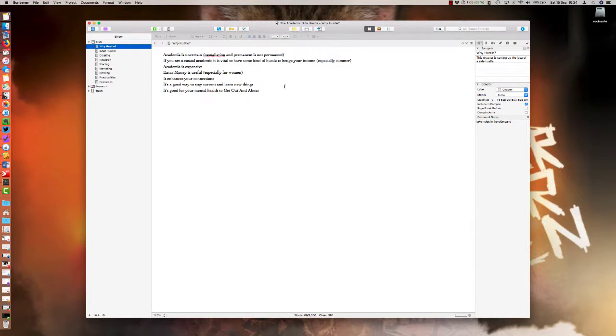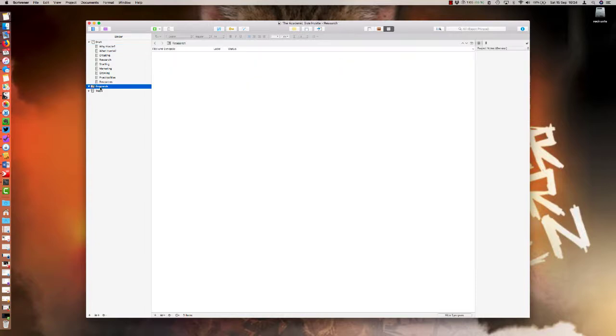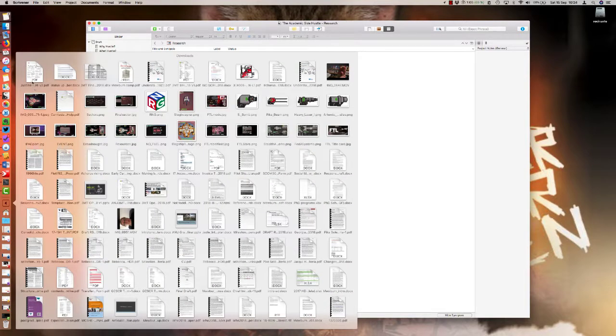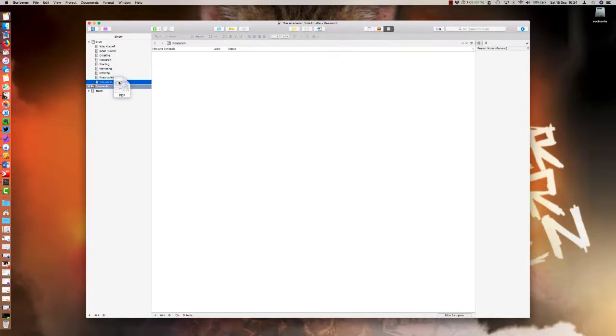One of the things I really like about Scrivener is the way that you can put things in the research folder. Here's the research folder. Nothing's in here at the moment. You can think of it a bit like a manila folder that you put a whole lot of extra printouts into. So for example, let me show you, I've got a printout of something that I want to include as a resource in the book. So I can grab out of my downloads folder a PDF,